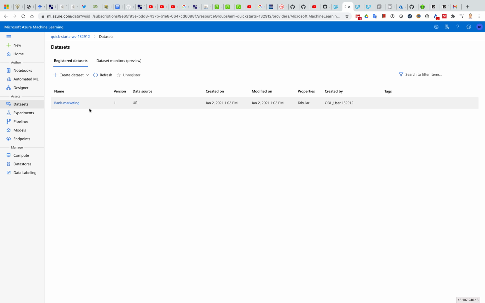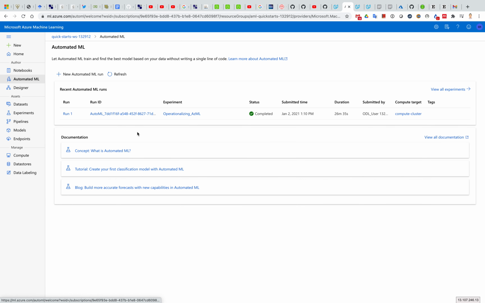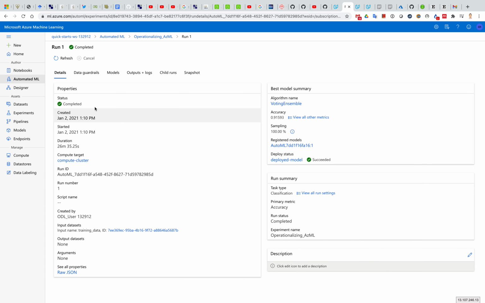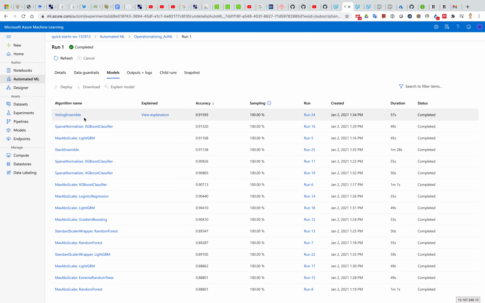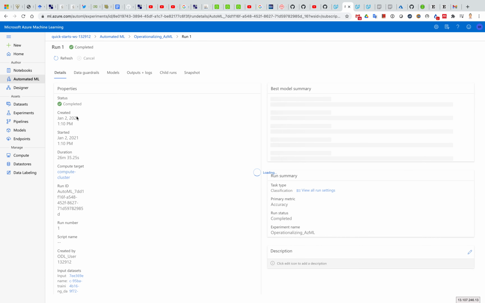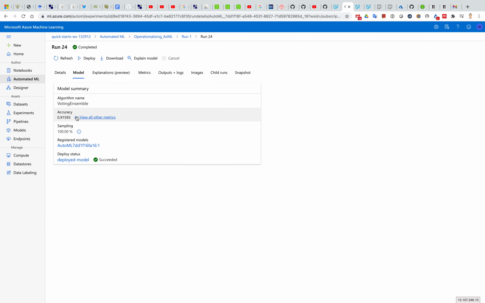So just as an overview, we have the dataset with the bank marketing data. We have run the Azure AutoML run to get the best models, and we can see the result. When we go into here, we can go to the models and we get the highest accuracy one, which we have